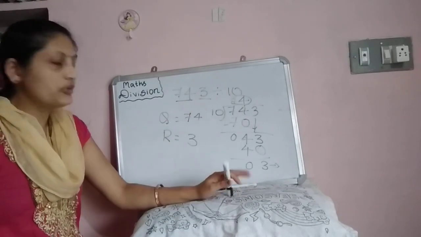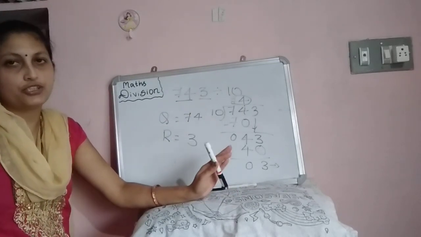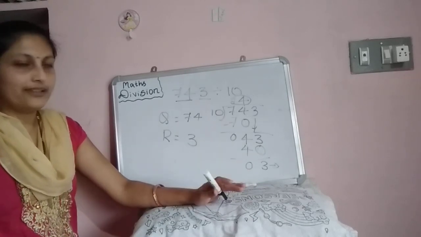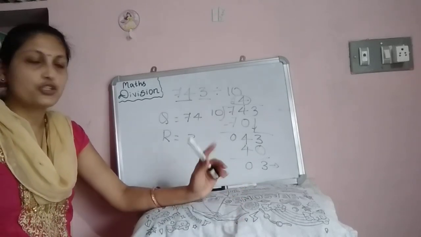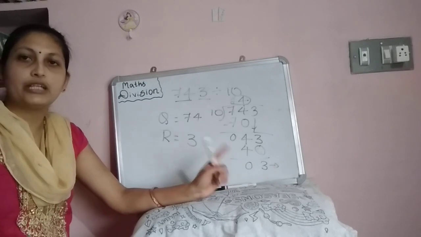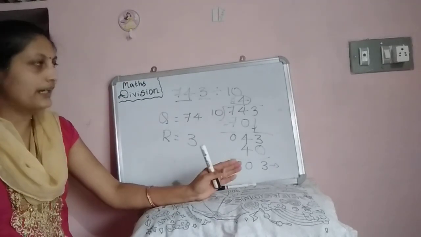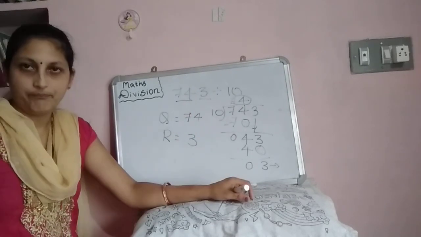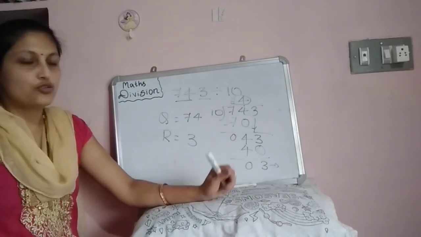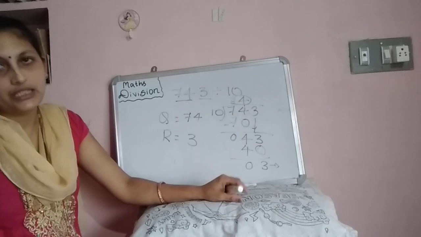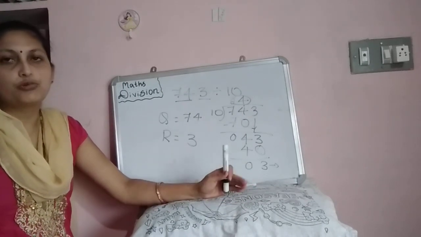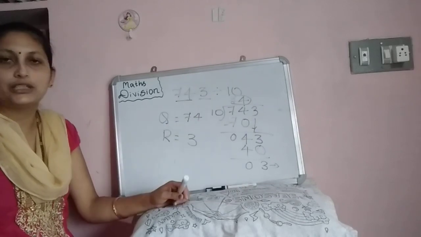Up to now you have learned division of a 2-digit number by a single digit, without remainder and with remainder. Next, division properties: division of a number by 1, division of a number by itself, dividing 0 by a number. Clear? Next, division by 10. I hope you understood. Solve more sums related to these; you will understand better. In the next class, let us see how to solve word problems related to division.